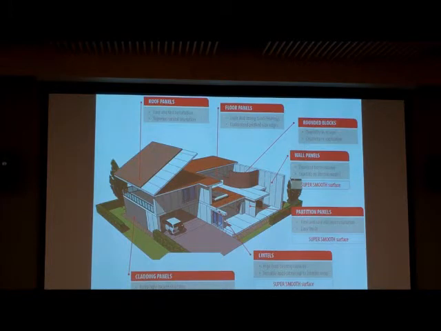So a complete house can be built with AAC panels or AAC blocks. There are roof panels, floor panels, rounded blocks, wall panels, partition panels, lintels and cladding panels, and there are many houses already built and using them. Rather than the conventional type, wood can also be used, but this is much cheaper and eco-friendly also. And these products are also recyclable.